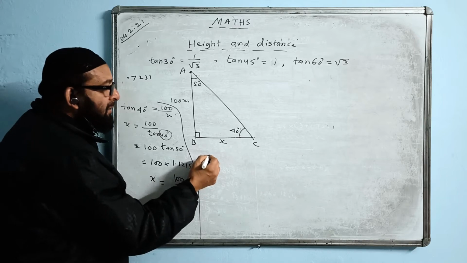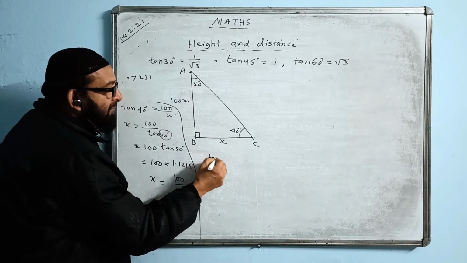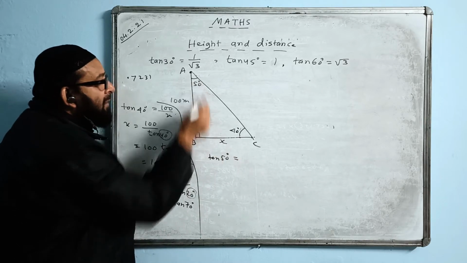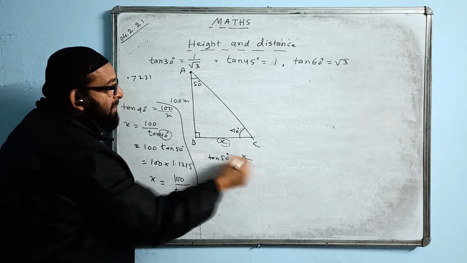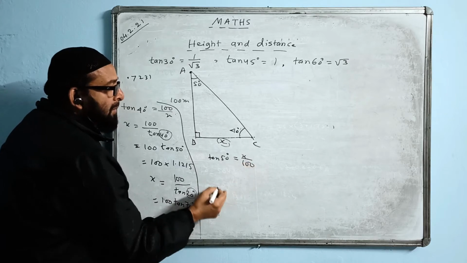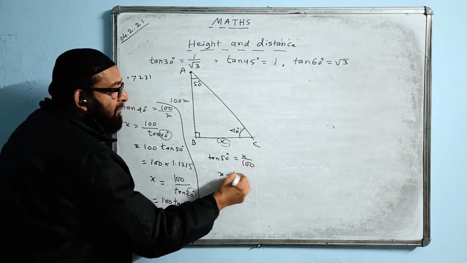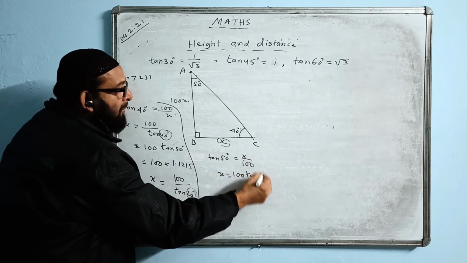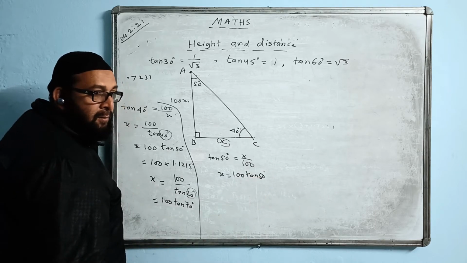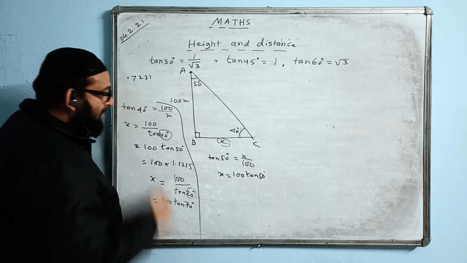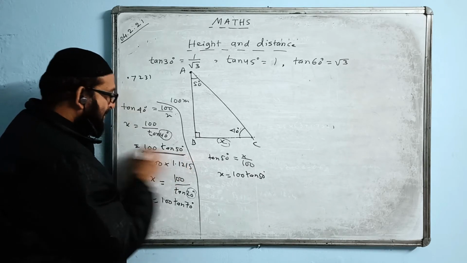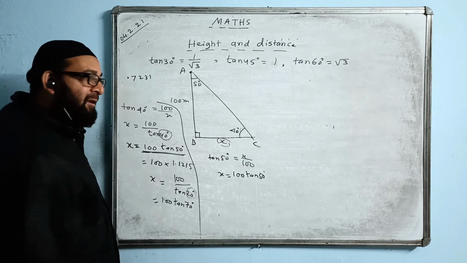So if I write tan 50, this is the perpendicular now, because opposite to the given angle is perpendicular. It becomes x, this becomes 100. Now x value comes how much? Let's see, it is 100 tan 50 or not? That is happening here. X is happening 100 tan 50.